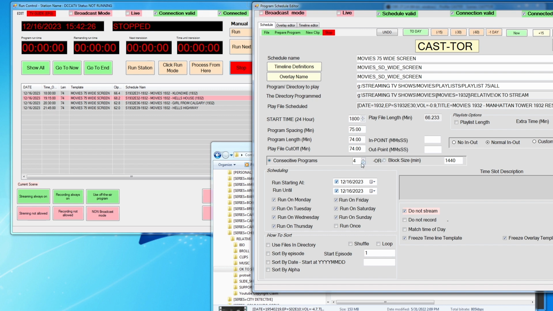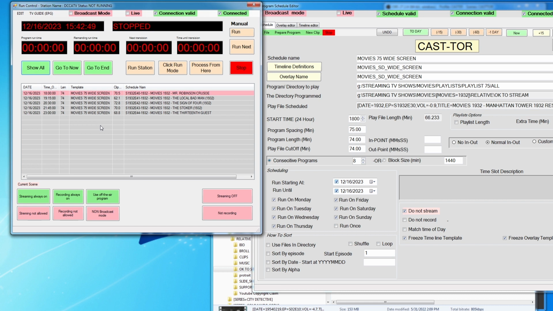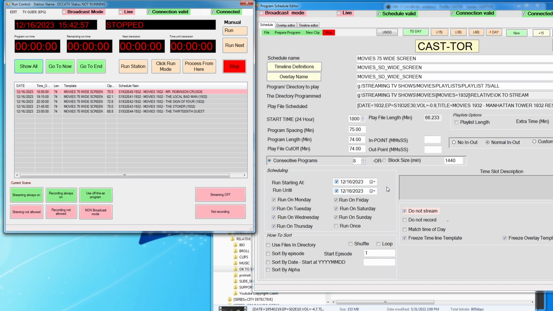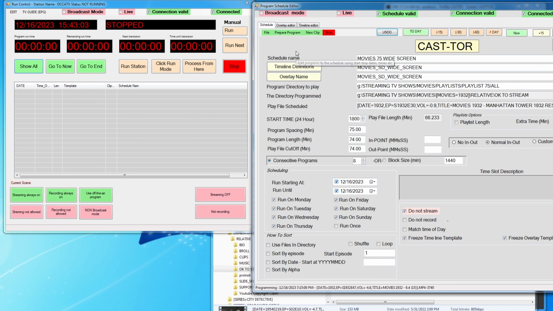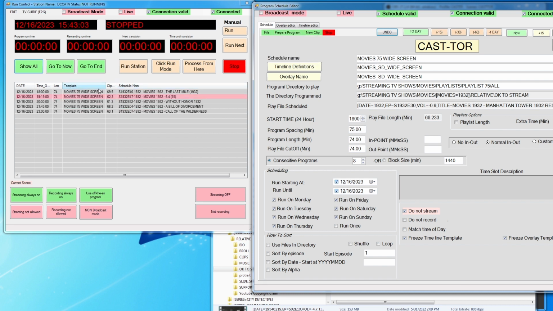If I do 8, I do 8. Oh, well, I told it 8, but you can see that it stopped before midnight because I only told it one day. If I wanted to go later,